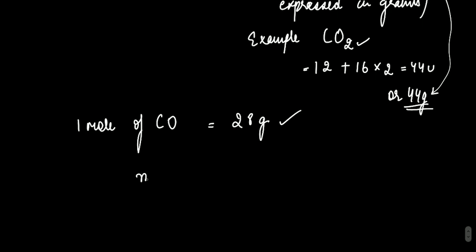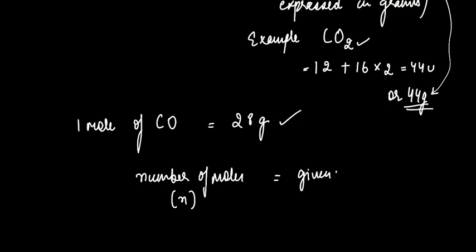So this formula is number of moles, given by small n. Do remember one thing, small n in chemistry has multiple meanings. Small n can be the number of orbit, small n can be the principal quantum number, small n can be used in your empirical formula as a common factor. Then small n is a number of moles. Small n in chemistry has multiple meanings in different circumstances, but over here, small n is the number of moles that is equal to given mass or weight divided by